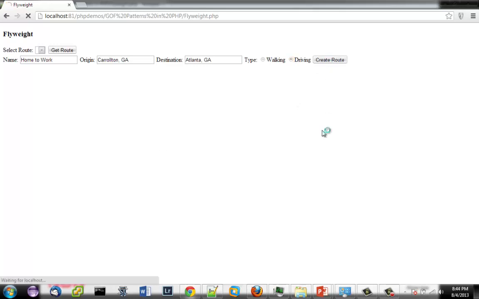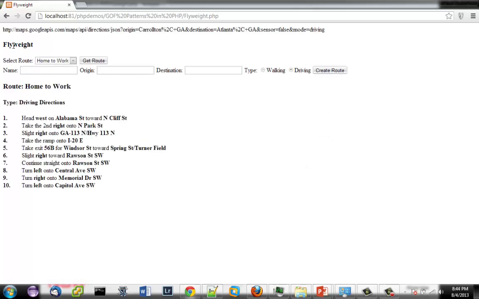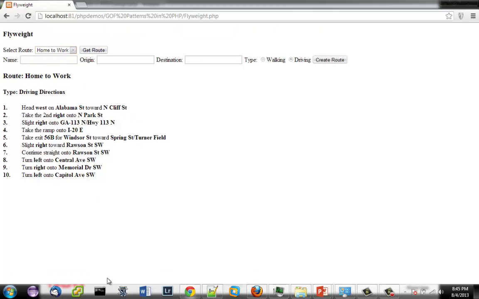So I'm going to create that route, and here I'm printing out the actual data call up here, and notice that I have my route home to work, and that's what I've been calling it, that's my route name. And if I want to reload that, I can just go get route, and it just loads it out of the cache based on the key.